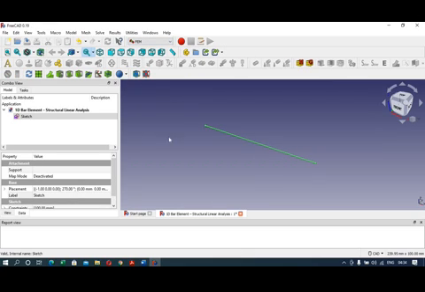So now different options are available here. So first you can click on this A symbol, creates an analysis container with standard solver Calculix. Okay, the solver which is available with the FreeCAD software is Calculix. So you can click on this A button. So here in the tree menu you can see the analysis. If you expand it, you can see the solver CCX tool.